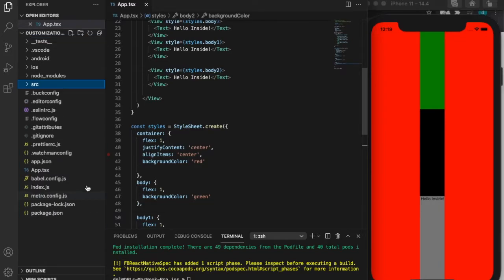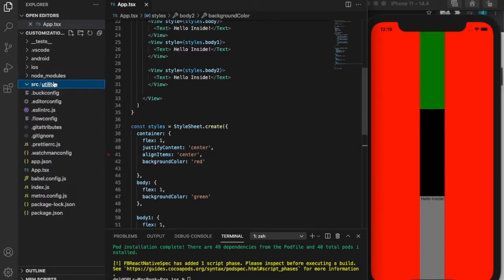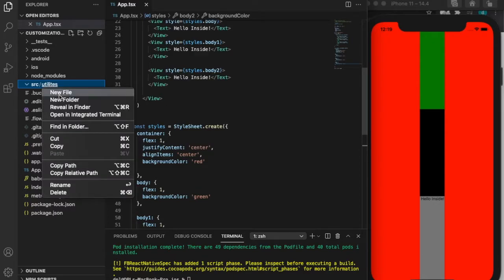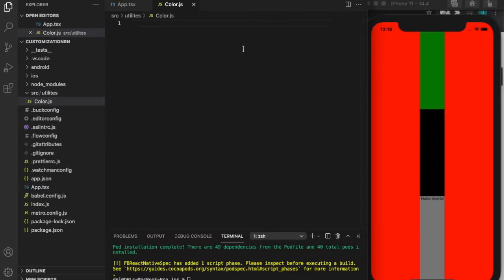So I'm going to just dig into the hierarchy of duplication. I'm going to create a new folder, name it app or source or whatever you want. I'm going to name it source, and inside it you can put your screens, your shared components, your everything. So what I like to do is create a folder named utilities, and in it I'll make a new file named